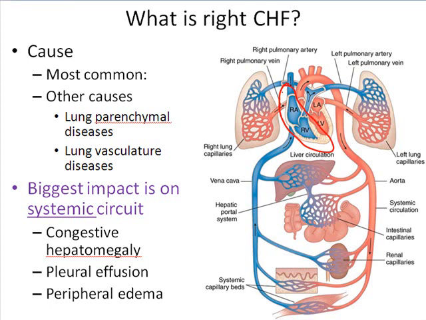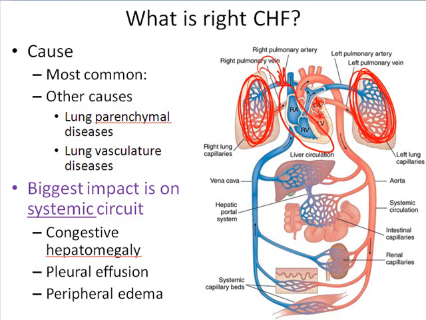The most common cause here is left ventricular failure with pulmonary congestion. So in other words, usually what happens is the left side fails. We start to get this massive buildup of blood and pressure in the lungs. That puts additional pressure onto the right side of the heart, and suddenly it's not able to contract with great enough strength to overcome that afterload. And as a result, the right side begins to fail. Now, that's not the only cause, it's just the most common cause.